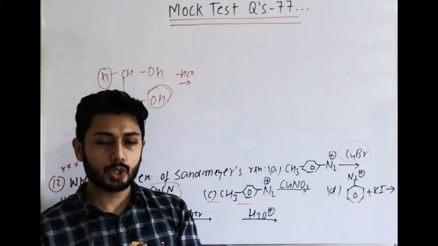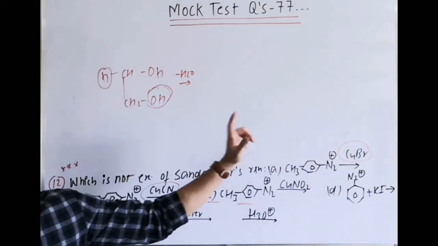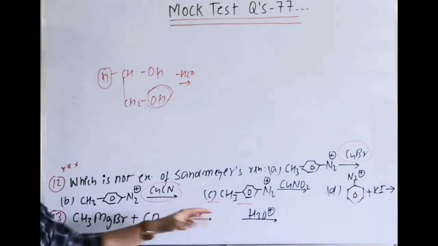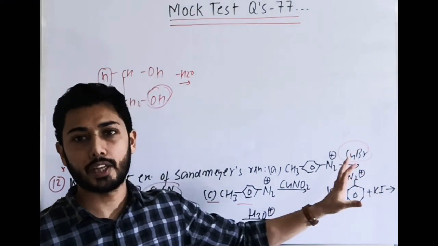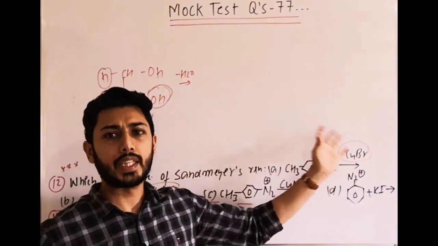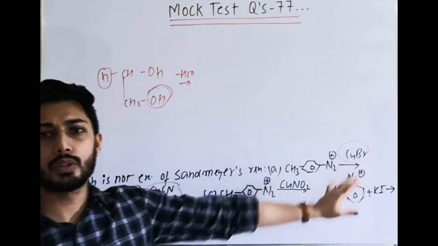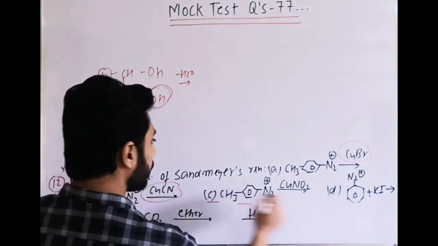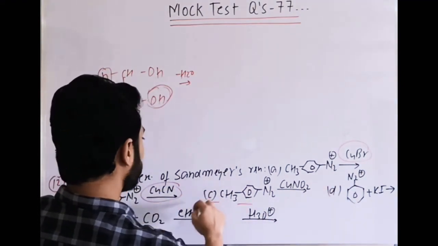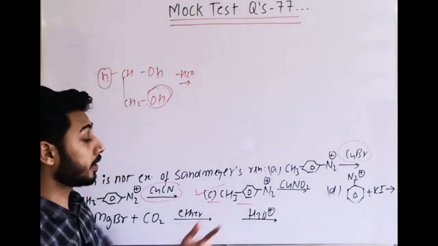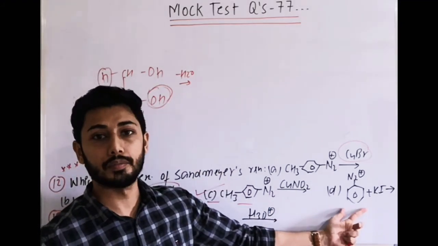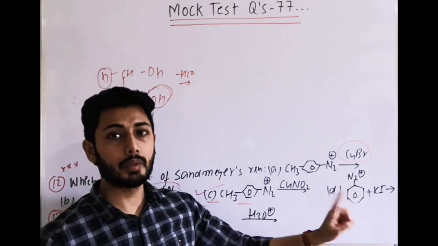But in the Sandmeyer reaction we can either take CuCl, CuBr, or we can take CuCN, or KI is also given in the reactions, and we do not require any catalyst. With KI solution it also gives the test. So among them the only answer which is not an example is C. Rather, in NTA, D is given, but it is incorrect.